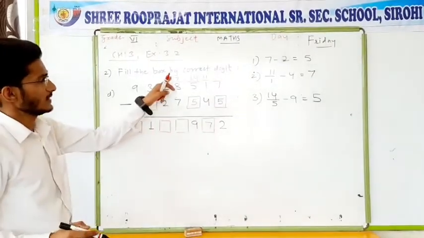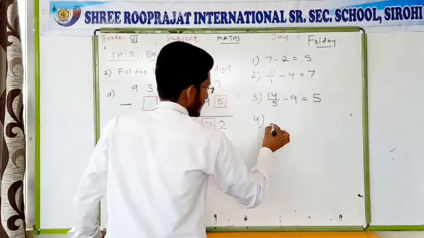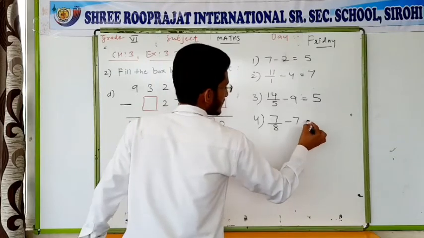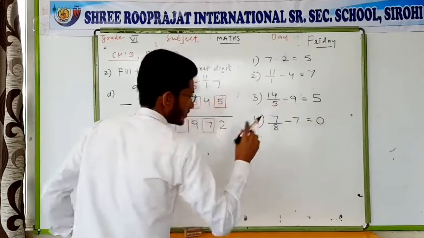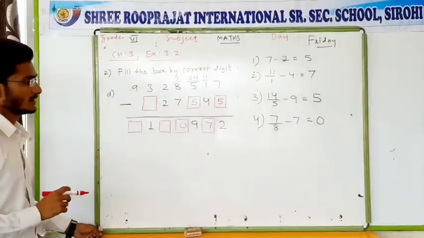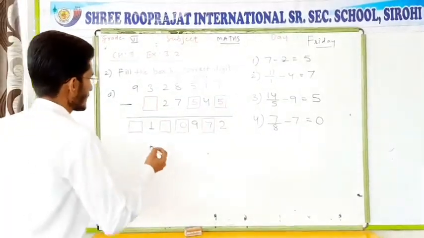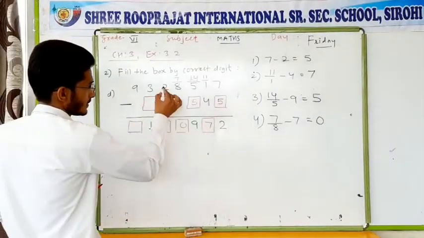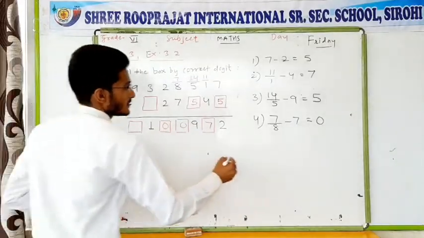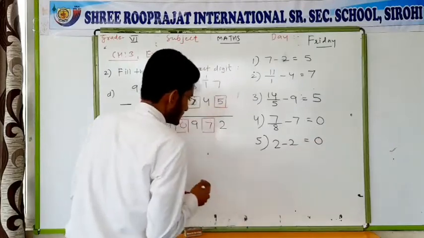Now next one, it is now 7 and it is now 7. Both are 7, 7. So in place of 8, it is now 7. And if you subtract 7, you will get 0. That means in this box, it will be a 0. Okay. Next one, 2 minus 2. You know what will be here? Directly it will be a 0. Everyone knows, here you have to write 2 minus 2, you will get a 0.